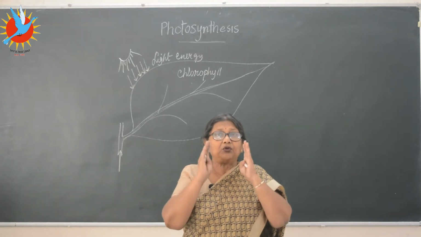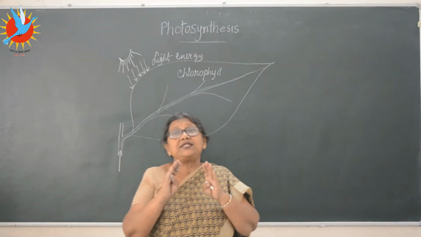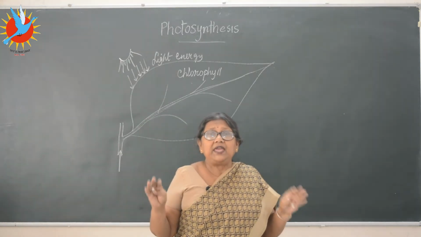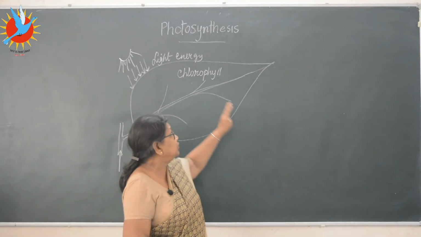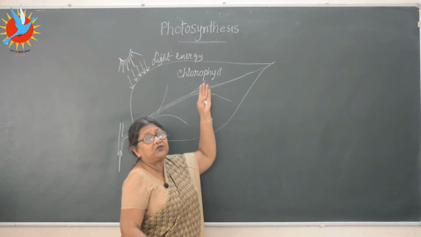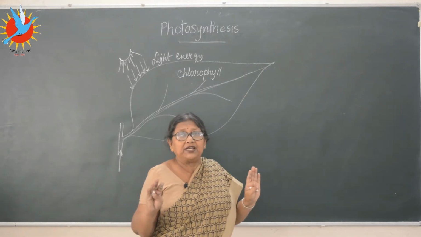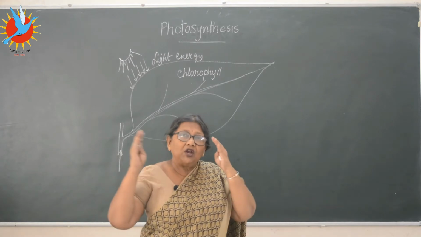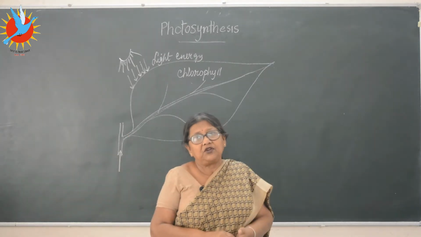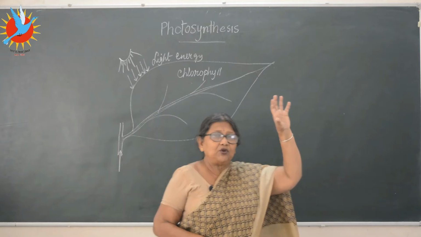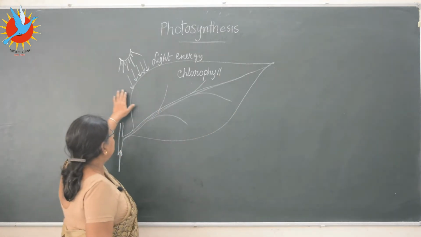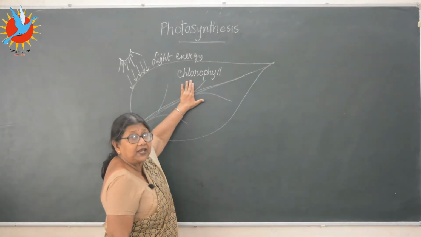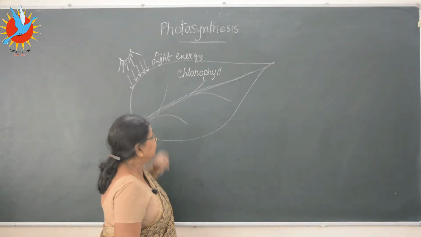In another sentence we can say, the whole living world, all the animals, plants, everyone is depending upon what? Chlorophyll. If there was no chlorophyll, there would be no life on earth. Because if you trace back the food chain, you will remember, we all depend on the green plants for the food or for the energy. And who is the energy giver? From where is this energy coming? From light. Who is absorbing it? Chlorophyll. Okay, that's the first step.